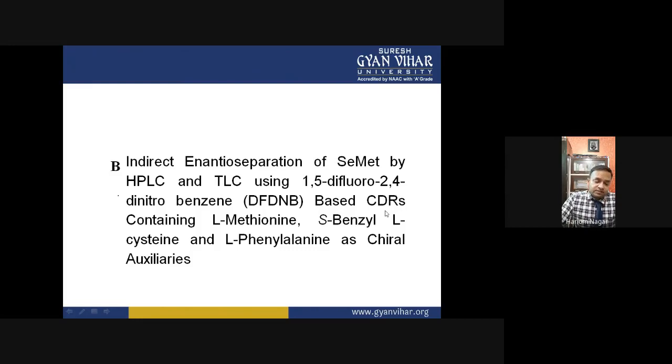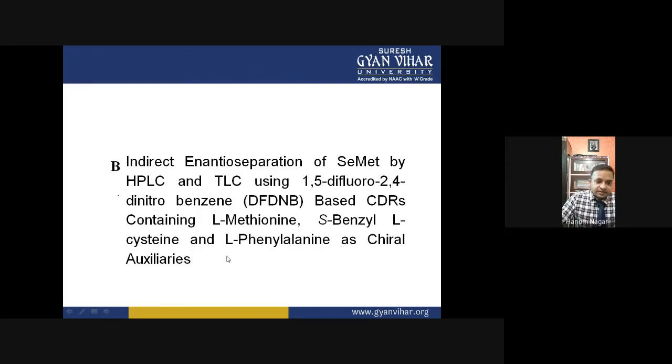Here, the chiral derivatizing reagents prepared are based on DFDNB, containing L-methionine, S-benzyl cysteine, and L-phenylalanine as auxiliaries. These are the chirally pure amino acids we have taken as chiral auxiliaries to prepare